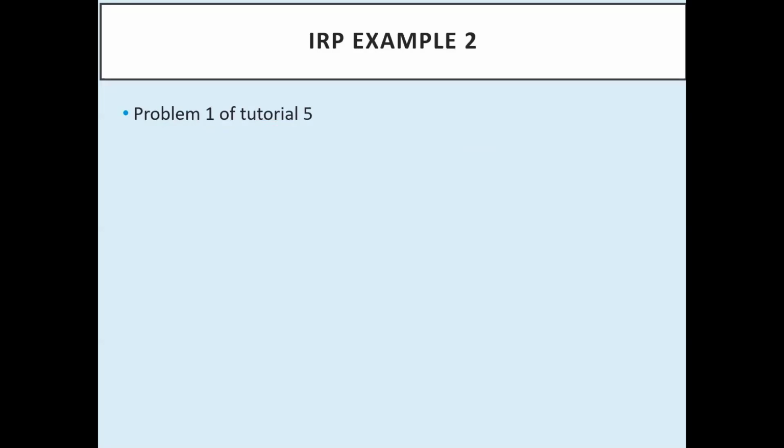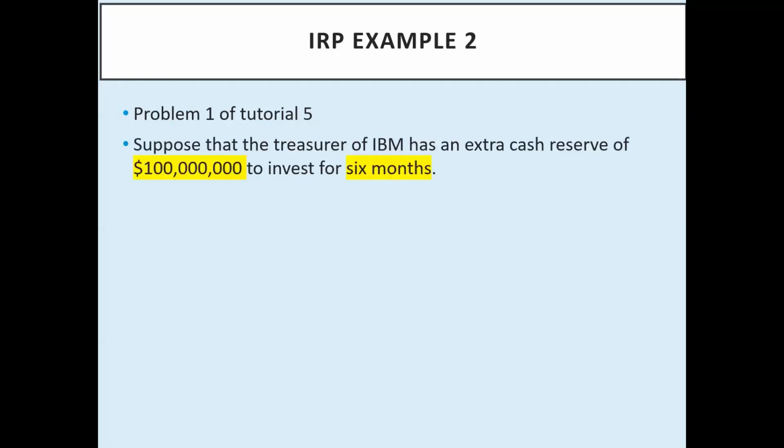All right, so we have gone through an example together before. In this example, let's look at a similar problem and see if we can solve the problem by ourselves, okay? So in this example, we have a treasurer of IBM